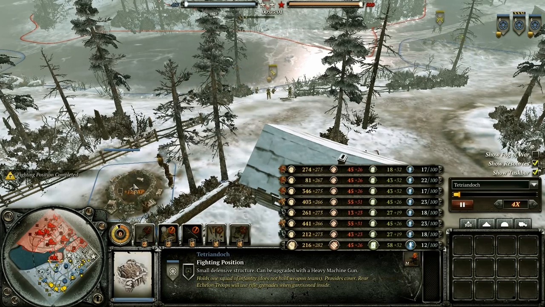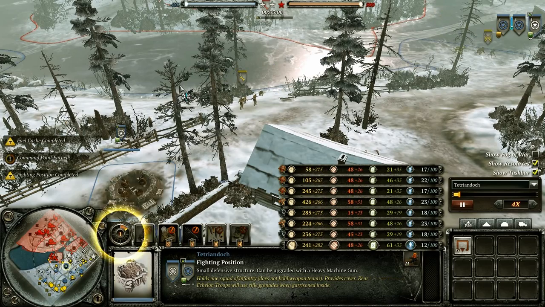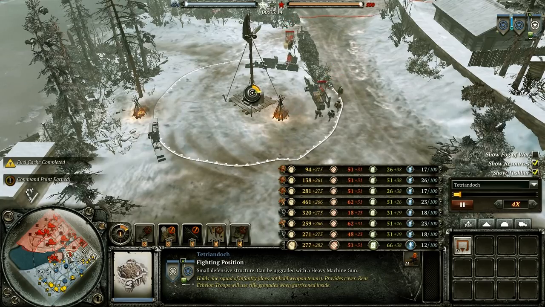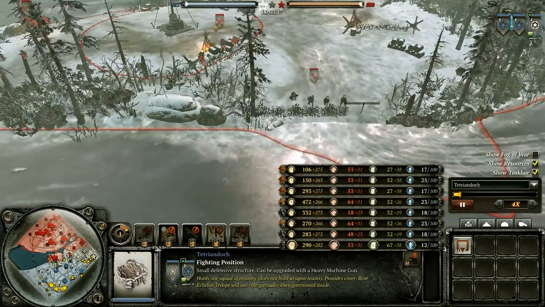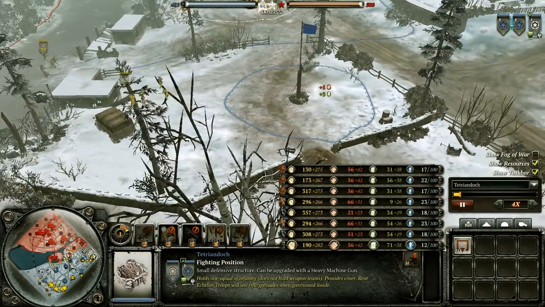And you can also upgrade the fighting position with the direction it's facing, at a roughly 90-degree angle, 45 degrees in each direction, with a 50 caliber machine gun, which is also very good against infantry and light vehicles. So it's an excellent thing to set up if you're going to play defensively, like I do on these